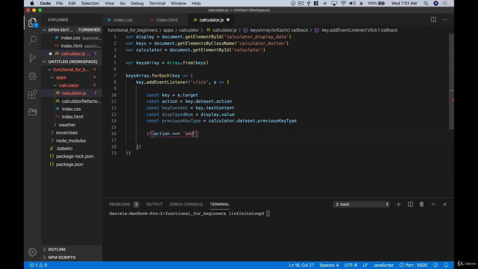add, let's say add, or okay, so let's say what are the actions that we want to either add, what do we have, subtract, then we have multiply, and then we have divide. Let's see if I saw this right. Okay, divide. So if we have this, let's console log